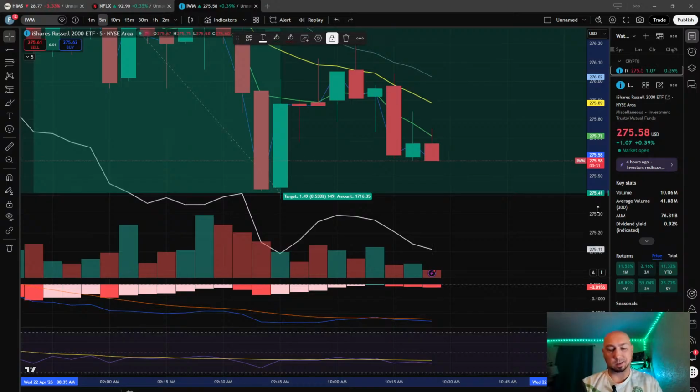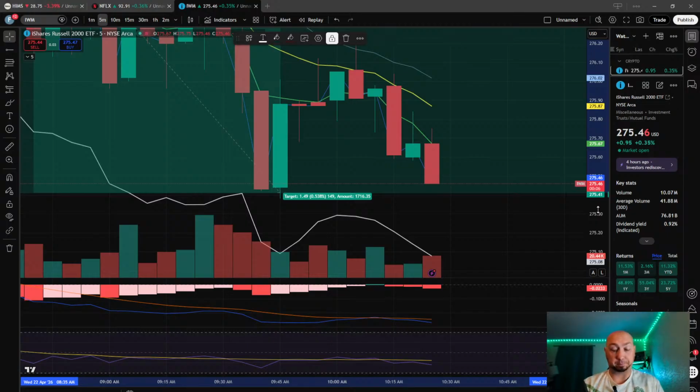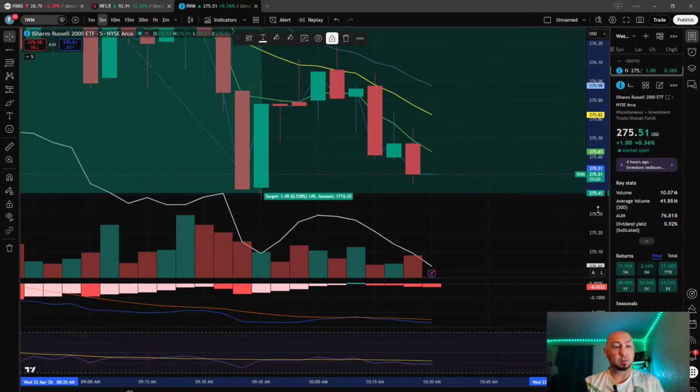You figure delta is around 0.6, combining delta and gamma together. That's $60 a move. You have 276.90 and 275.41. That's a 1.49 return times 60. That's $90 per contract, assuming IV didn't change too much. If IV was to go up or down, that's different. So if you had four contracts,